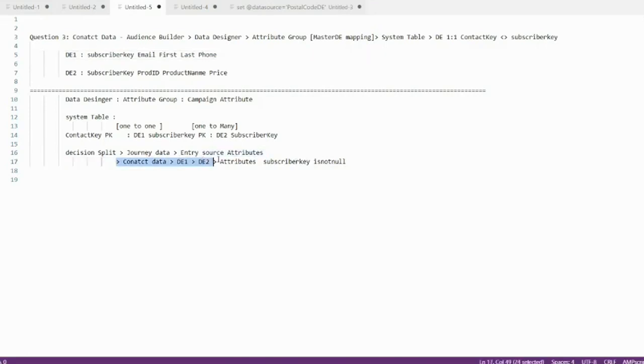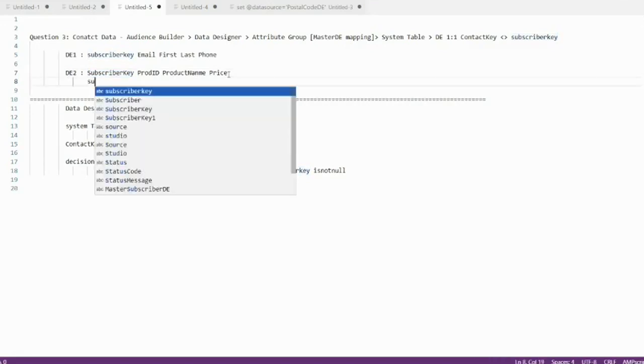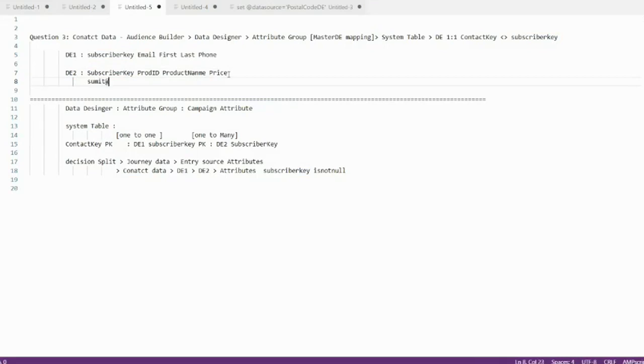Anyway, if you use D1 or D2 and your decision is on subscriber key, it is not going to break, because obviously subscriber key can't be empty, I assume. But your entry source is actually D2. For subscriber key, you can have a record like Sumit at